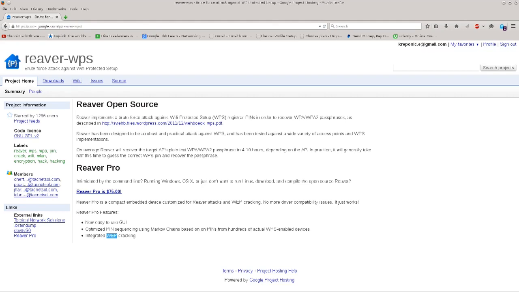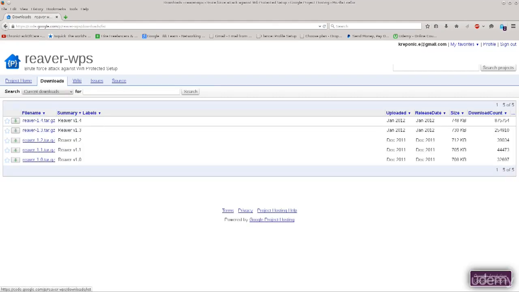I'm going to go ahead and click on downloads in the upper left corner, and there are different versions here that can be downloaded. I mean, there are bug fixes. There are no fundamental differences in the way that Reaver works in between these versions, but there are bug fixes definitely, and that is very nice. It is maintained. The package, there's support for it, and so on. So just go ahead and click on